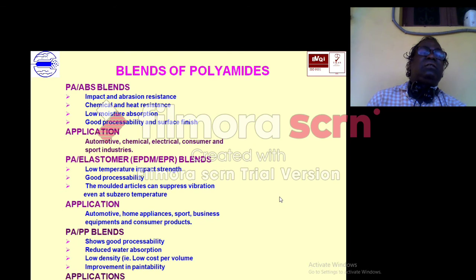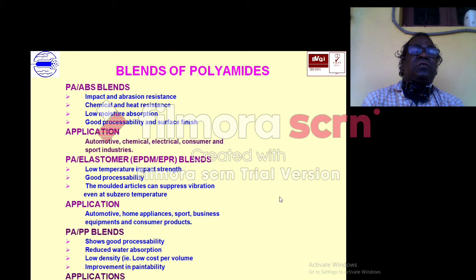So in the blends, polyamide and ABS. PA is polyamide, ABS is acrylonitrile butadiene styrene. The blend is used for high impact and abrasion resistance, chemical and heat resistance, low moisture absorption, and the application is in automotive, chemical, electrical, consumer, and sports industries.